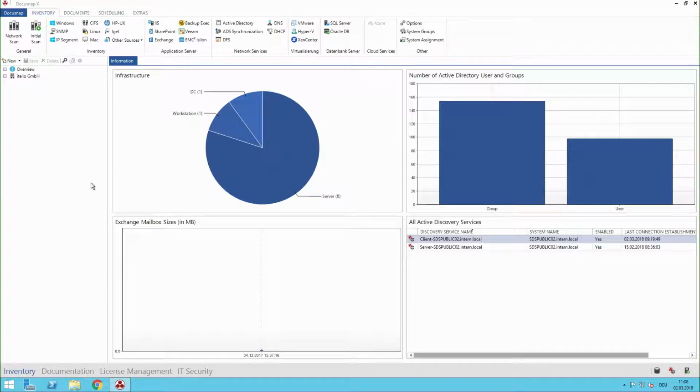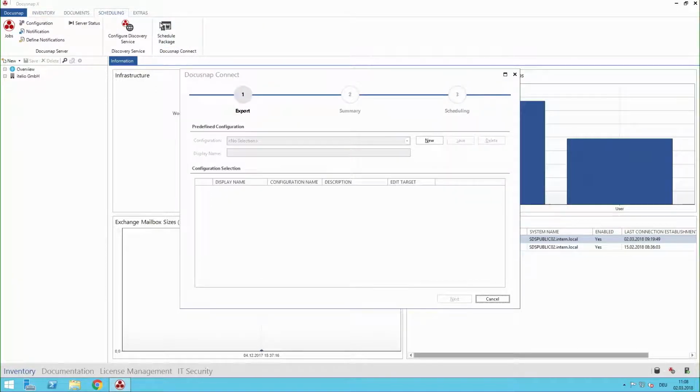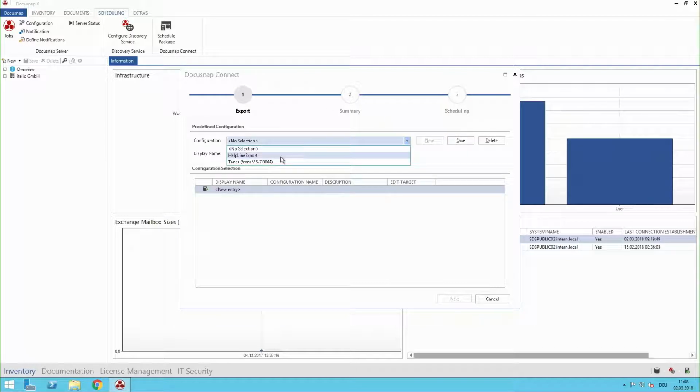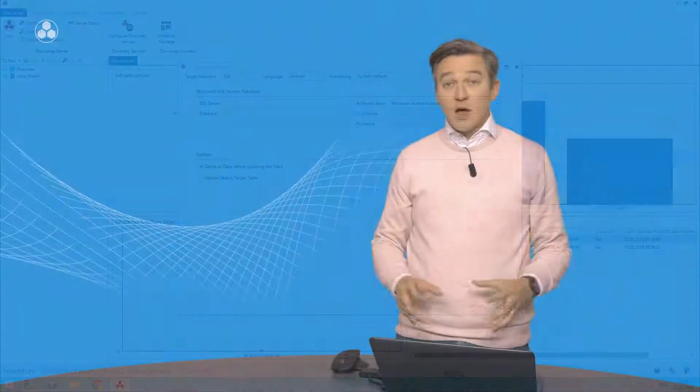Now in order to use Connect accordingly, we will be scheduling a package, and scheduling a package is a really great thing because you'll be able to use a package that you designed, and we're going to do that in a second. Then you can edit the target and possibly export things straight into an SQL or MySQL database, or of course an XML, CSV or Excel file in order to plan a batch job. For our example, we will be querying a list of workstations and hosts alongside with their active user and their